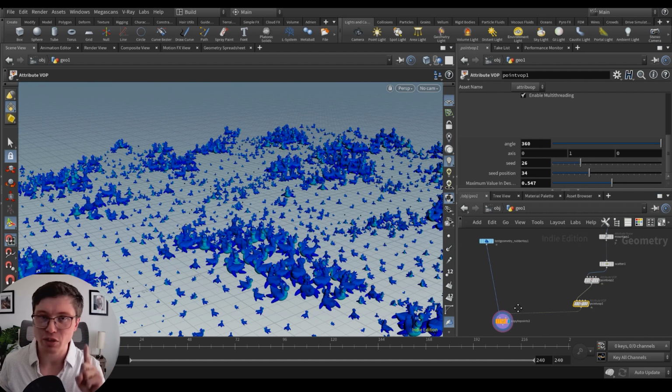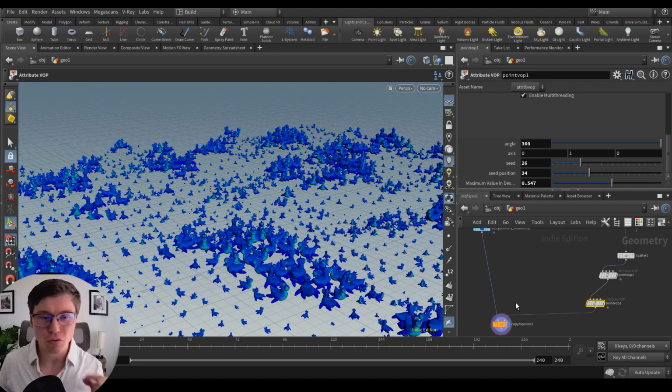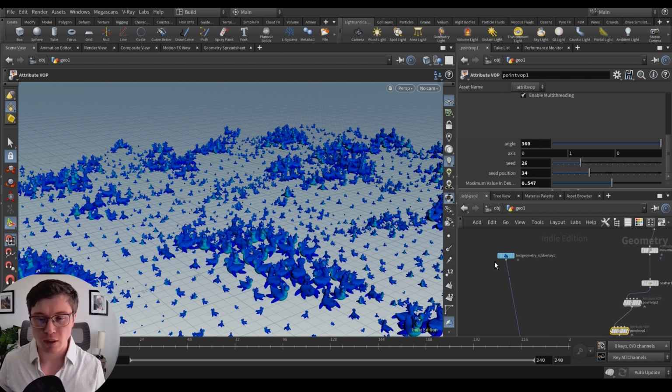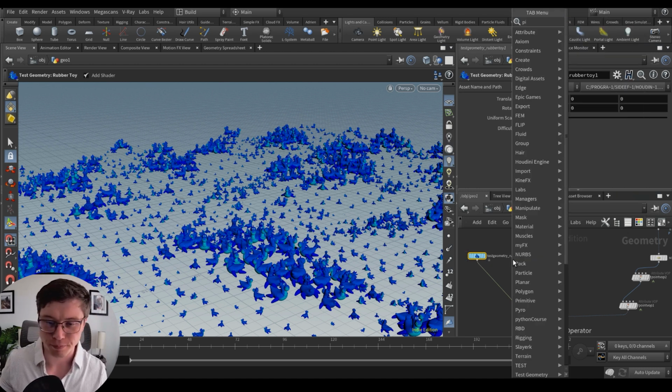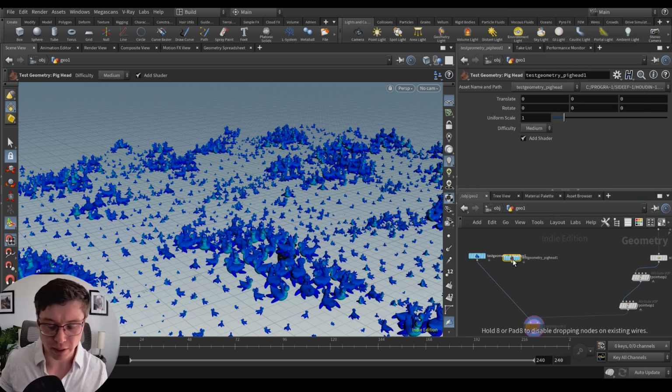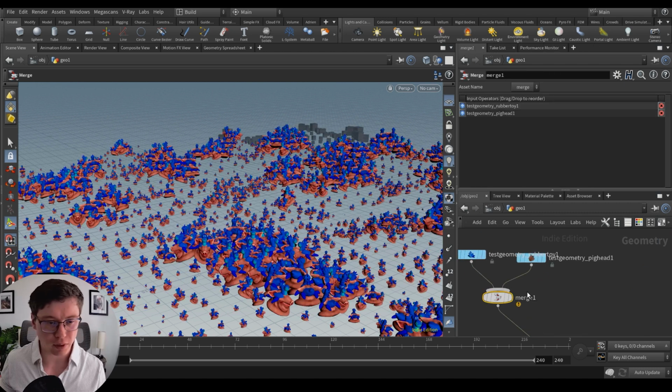Now, there's more. If you really need to change the shape of these guys, that's one thing I haven't mentioned yet. Let's say you need a pig head, let's merge these guys. Actually, how's that going to go here?